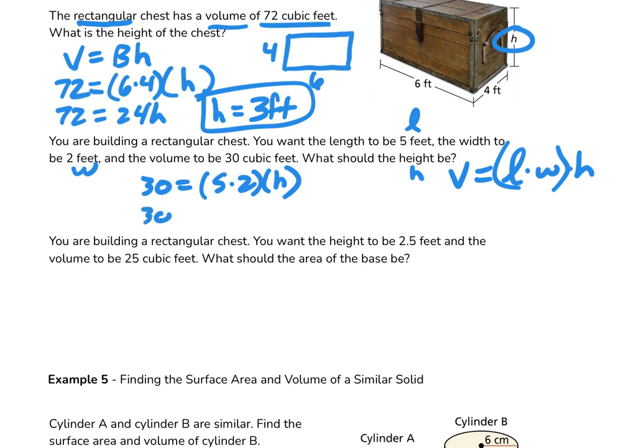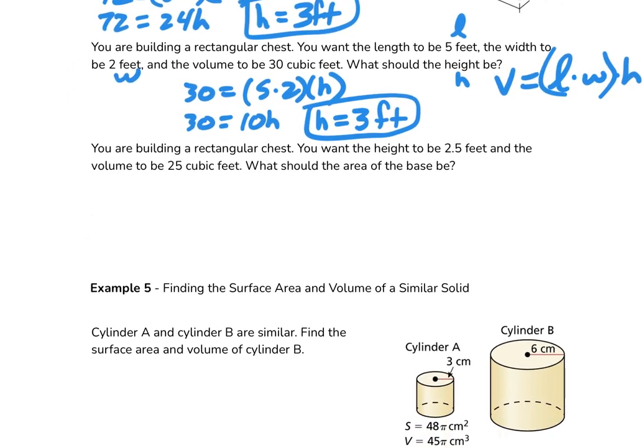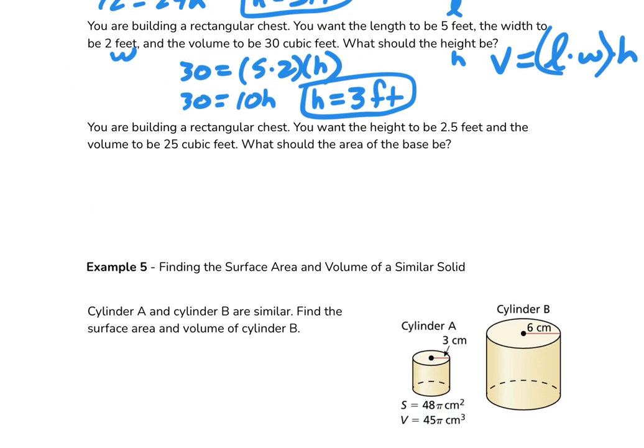So this would be 5 times 2 is 10, and 30 divided by 10 happens to be 3 again. Okay, this one's a little bit different question. So you just got to read these carefully. Once again, it's a rectangular chest. So as long as it's rectangular, then